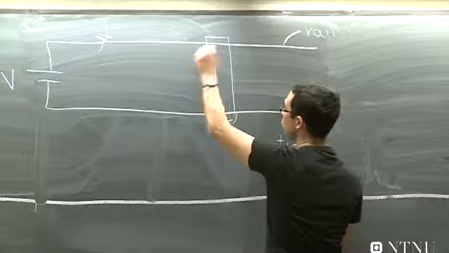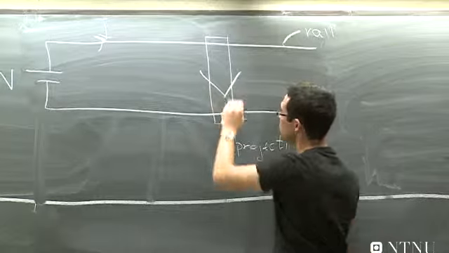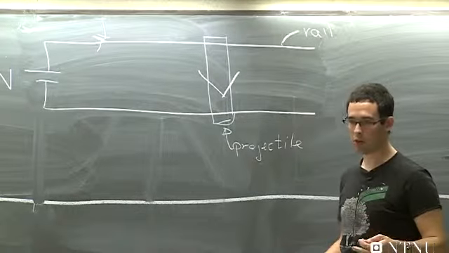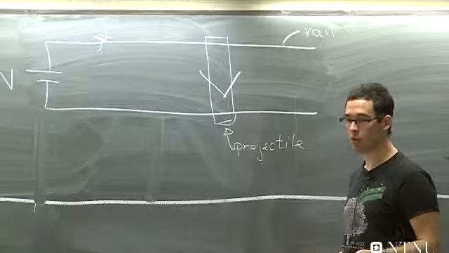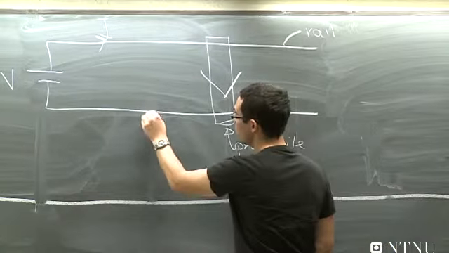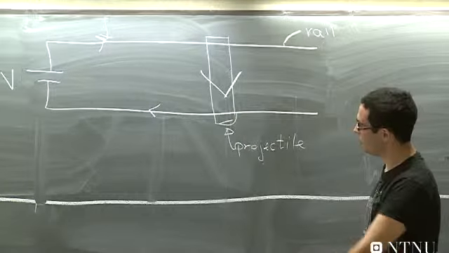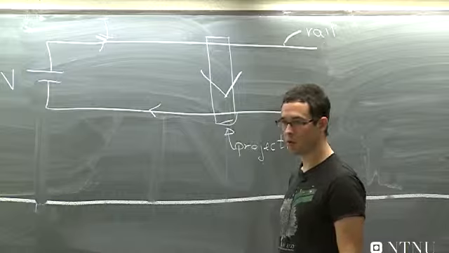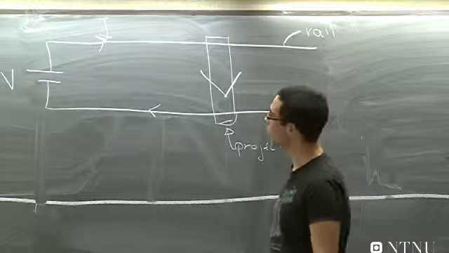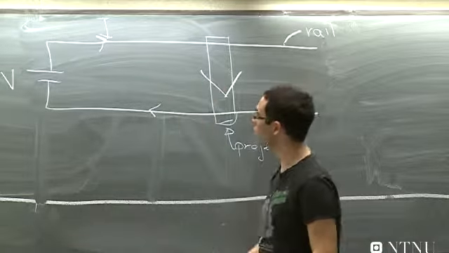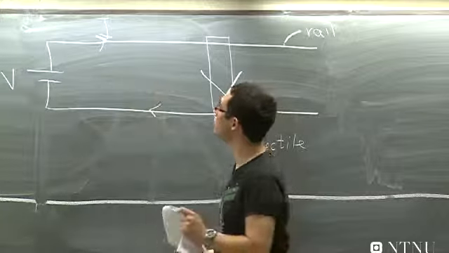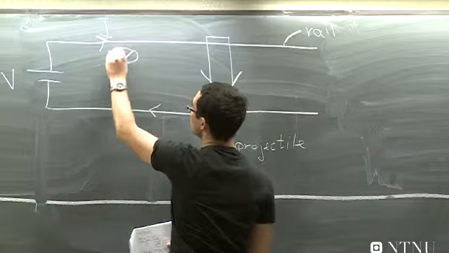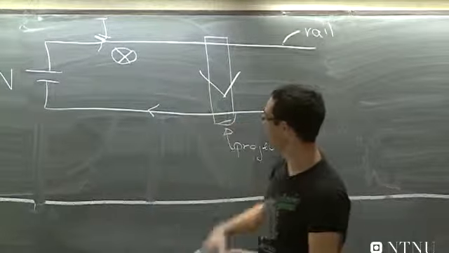And the current is flowing through the projectile itself, so it has to be conducting, or it has to be sitting inside something that is conducting. So the current is running through, and well, as we all know from the Biot-Savart law and the right-hand rule, we get a magnetic field that's, let's see, it should be into the board. And similarly, in this direction,